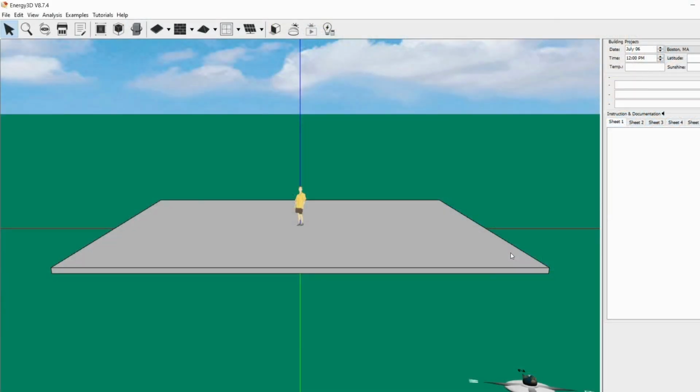Hello, and welcome to a video tutorial of the Energy3D software that you will be using for your Smart Cities Energy project. Today I'm going to go through a few of the